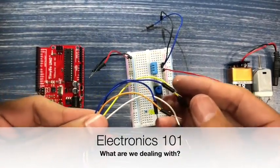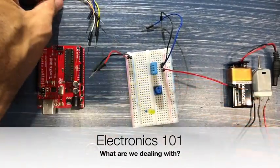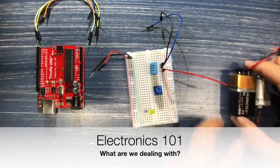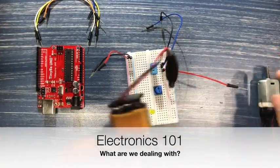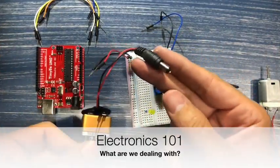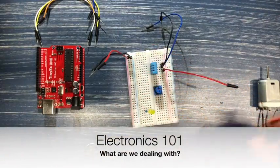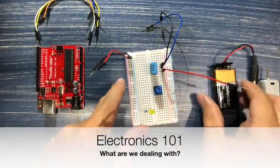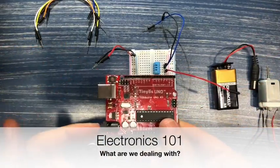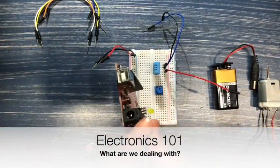Alright, so the first thing we're going to do is use power from a battery that we can hook up to our board using this barrel jack connector that's on it. As I mentioned in the intro, an Arduino can receive power through its barrel jack, and that's exactly what we're going to do now. This is the barrel jack right here. Okay, so the first thing we're going to do